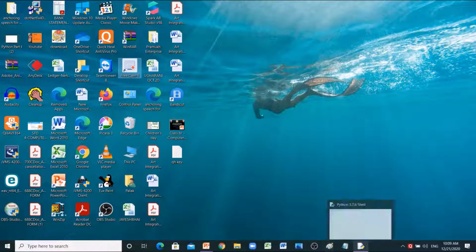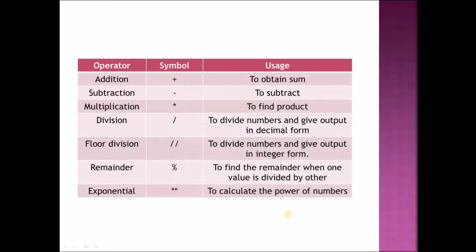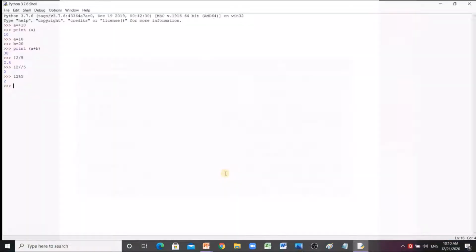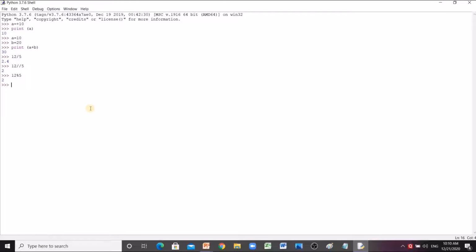And coming to the last operator, that is the exponential operator. It is used to calculate the power of numbers. Now, when it comes to power, we multiply the base number the number of times the power is written. I'll just give you an example over here. If I want to know 3 raised to 3, here I am going to multiply 3 times. So 3 3s are 9, 9 3s is 27.